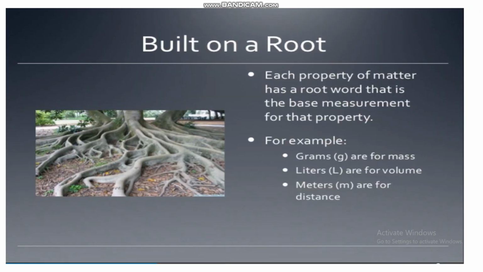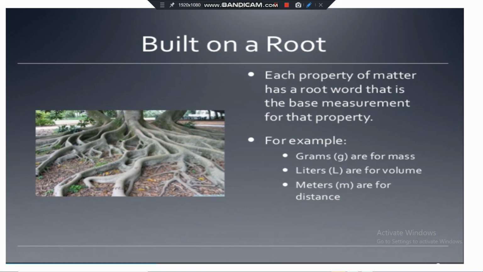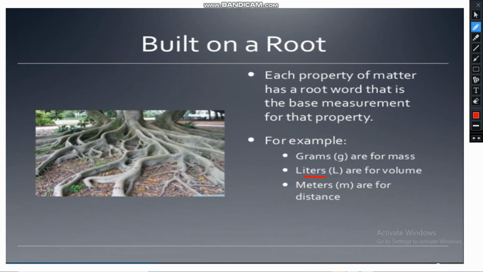So, if we take example of the SI units, the SI unit for measuring weight, the standard international unit for measurement of weight is, we all know, that is grams. Yes. And then if we talk about the volume, then we have the SI unit is liters. So, weight के लिए हमारा ग्राम है G, grams and kilograms. For the volume we have liter and milliliter, and for the distances we have meters and kilometers. So, these are the base measurements, or the root of the word is coming from this, the SI units.